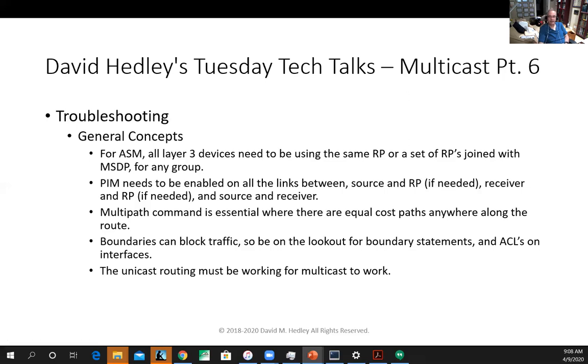And the PIM step: multipath is essential. I had to upgrade the word; I think yesterday I used a less emphatic word. Where there are equal cost paths along the route, and it's a good idea even if there isn't. So far, Scout's honor, I haven't run into any problems turning on multipath. Certainly if someone is a Cisco expert on multipath and they want to say this is why you don't want to do it,